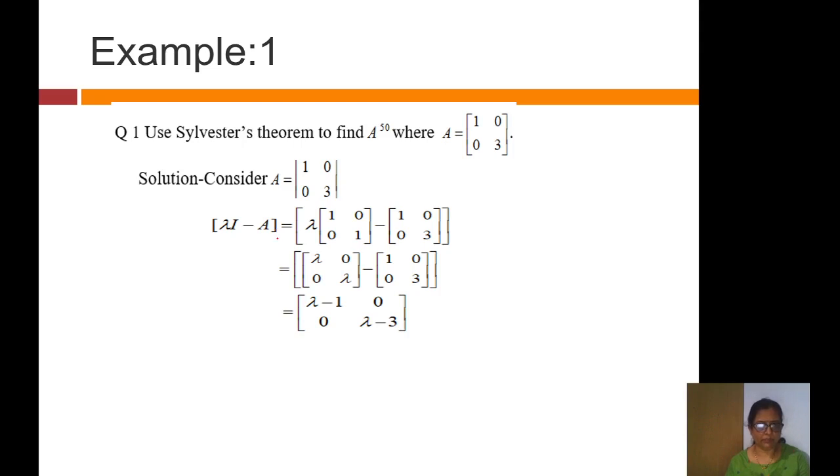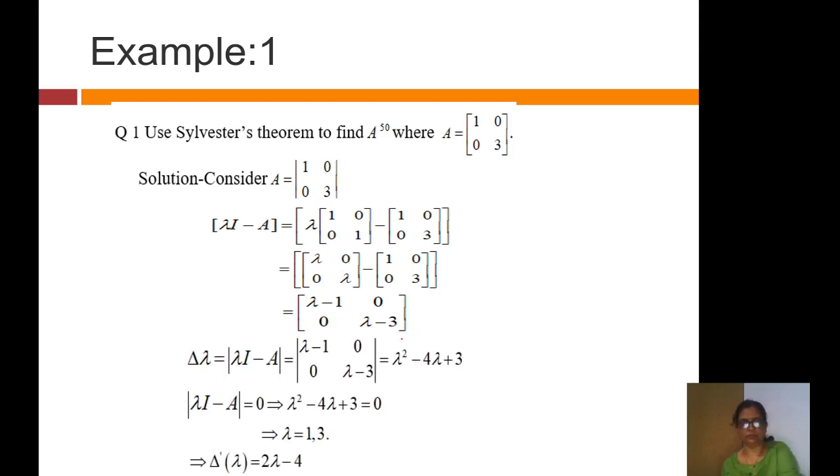Lambda I minus A matrix means here lambda into the 2 by 2 identity matrix, then multiply the given A value by this lambda, so the diagonal elements are lambda and the other elements are as they are, then subtract this, we get this value. Then second step, del of lambda, that means determinant of lambda I minus A, we find the determinant of this matrix,